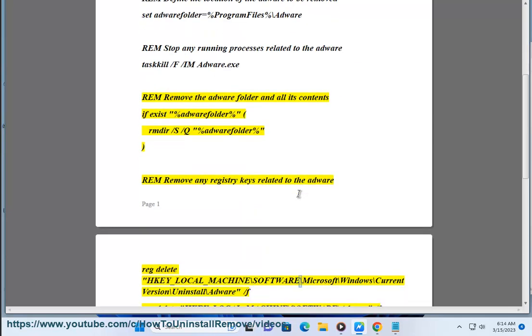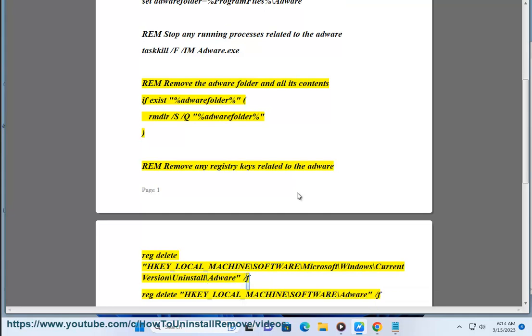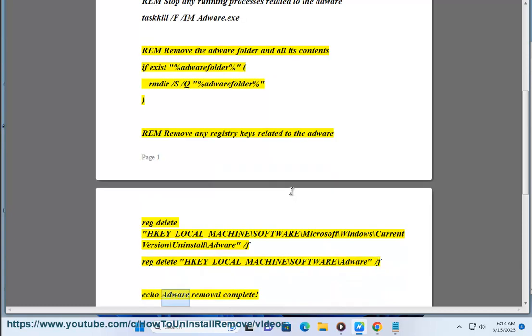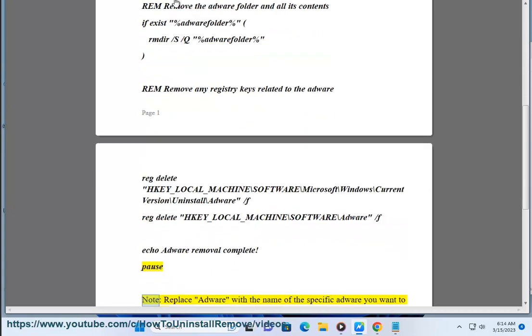_MACHINE\SOFTWARE\Microsoft\Windows\CurrentVersion\Uninstall\adware /f. reg delete HKEY_LOCAL_MACHINE\SOFTWARE\adware /f. echo Adware removal complete. pause. Note: replace adware